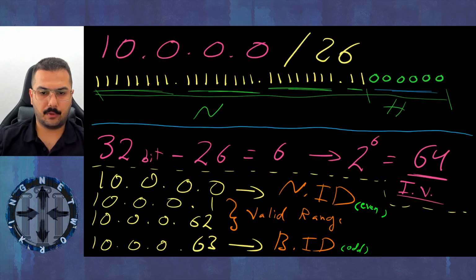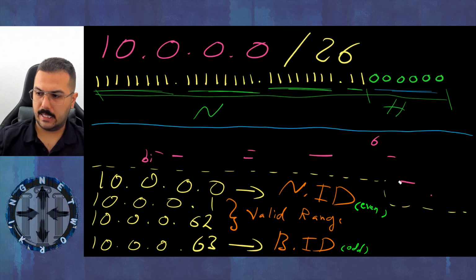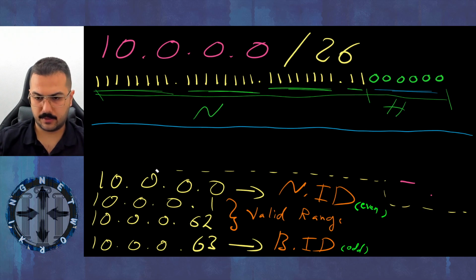Let's take example number 3, or a third example. It was a /26. There is a very useful question that might be asked right now. The question will be: Sajjad, the broadcast ID of the previous example was 10.0.0.63. Is that correct? Yes. Does that mean